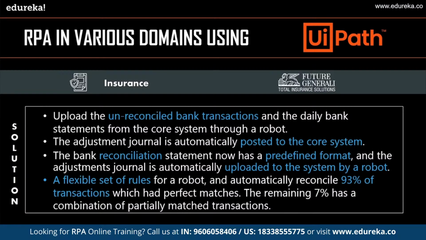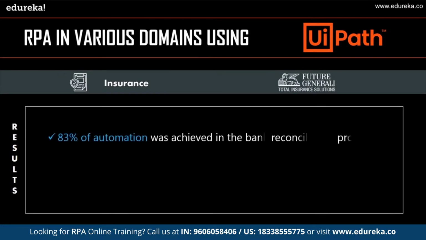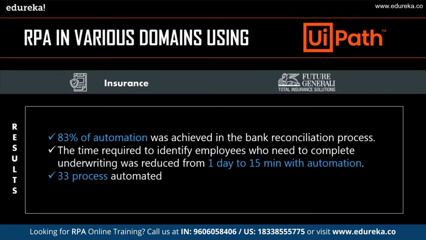Through UiPath, what they did was that they built up robots to automate the task of sending record files to the client, and every email that had an attachment was password protected. So the results of Future Generali India Life Insurance Company Limited partnering with UiPath are as you can see on my screen. It was observed that 83% of the automation was achieved in the bank reconciliation processes, and the time